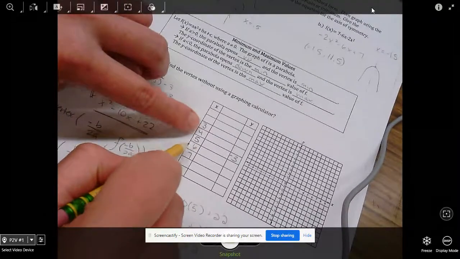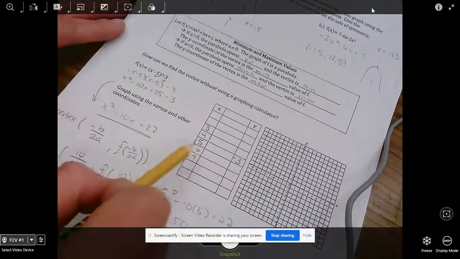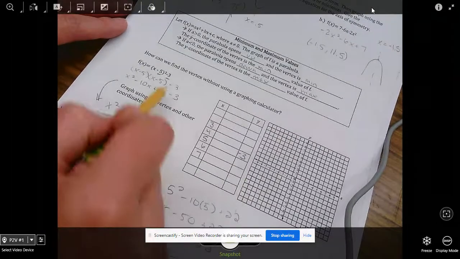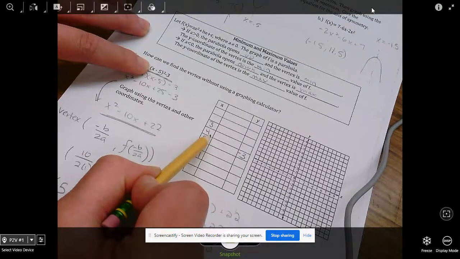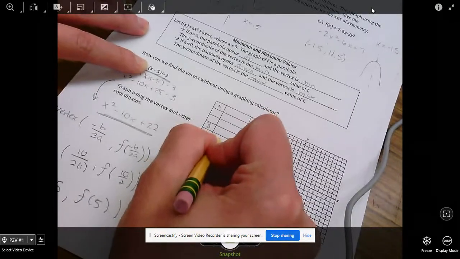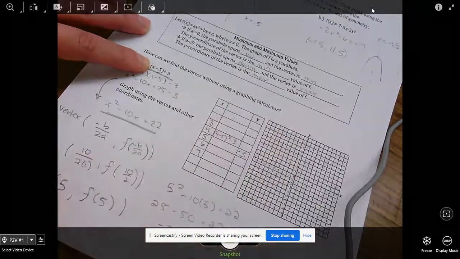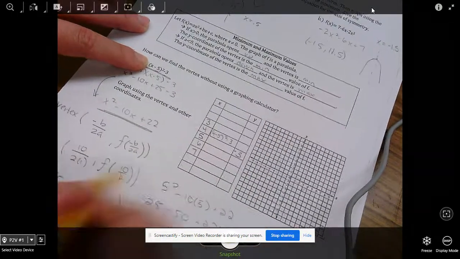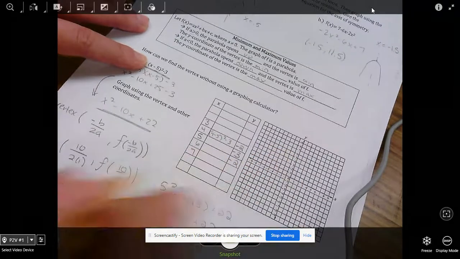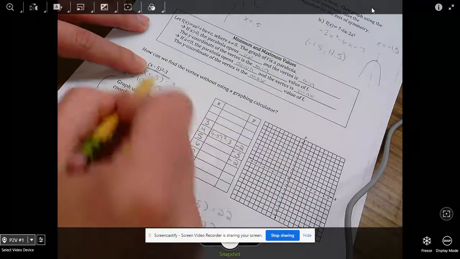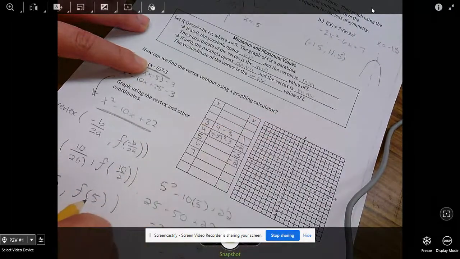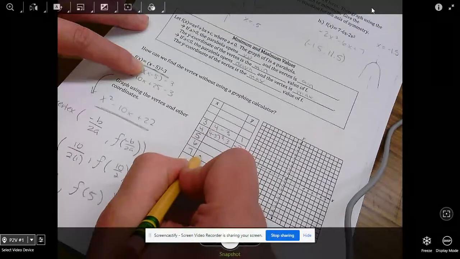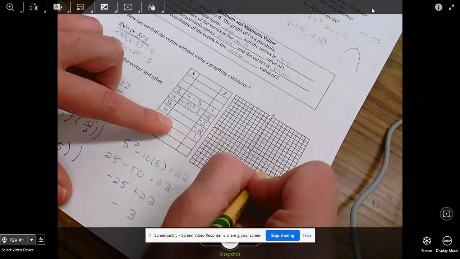Well, since these are equidistant apart, they should have the same outputs. So you can use this formula or this formula. If I take 4 and substitute it in here, I get 4 minus 5 squared minus 3. That's going to be -1 squared. 1 minus 3 is -2. It's going to be the same thing here. If I substitute 3 in, I'm going to get -2 squared, 4 minus 3, which is 1. Let's make sure, -2 squared, 4 minus 3 is 1. Yep. Then you graph. 5, -3,